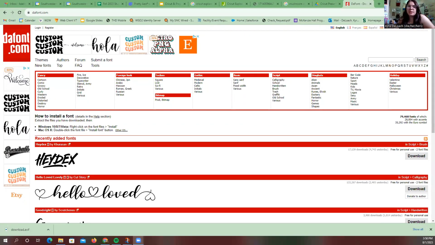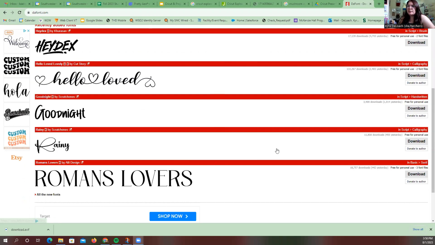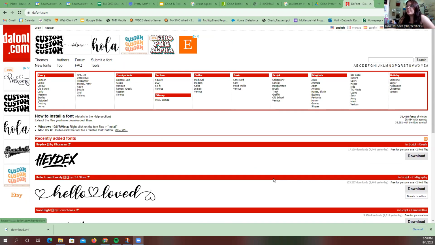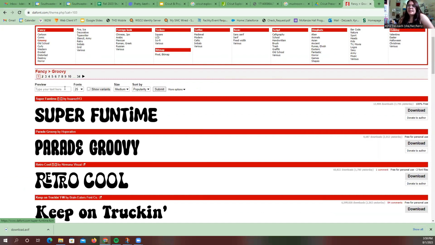Now I'm going to show you a little bonus information of how to download your own fonts on your computer. So first thing you're going to do is go to thefont.com. These are the recently added fonts. You can look through those, or there's a ton of different categories and themes at the top, depending on what you're looking for. So for this purpose, I'm gonna click on Groovy, and you'll see these,